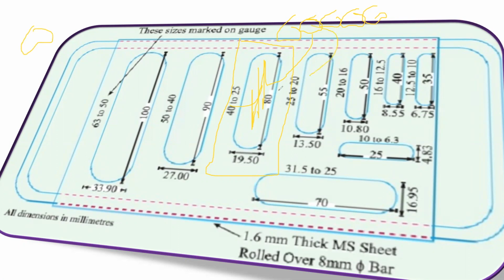Again, I'm going to take another aggregate from here. Each aggregate I have to take, I have to try to pass through this. If it is passing, then it is flaky and I have to keep it separately. If it is not passing, then it is not flaky, and we can use that aggregate in the construction, right? In this way you have to do it for everything. That is the reason they have written it here.